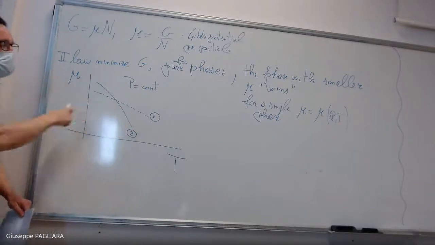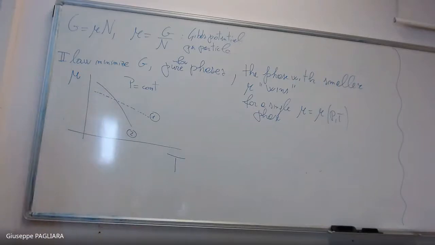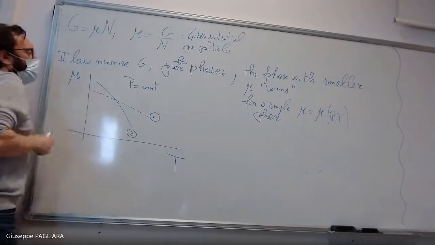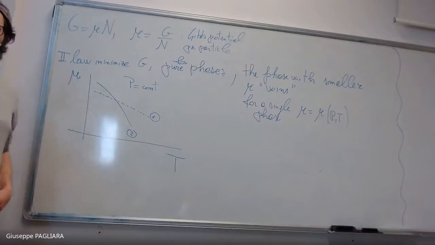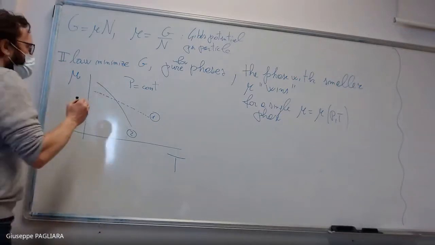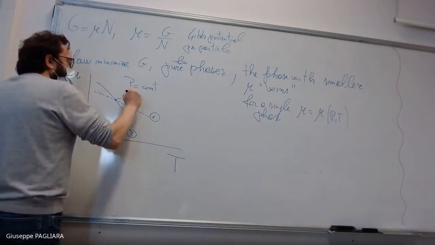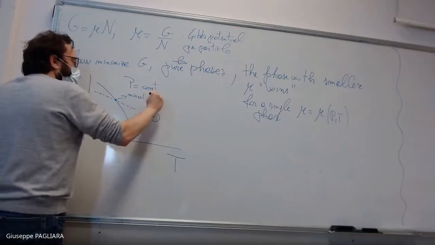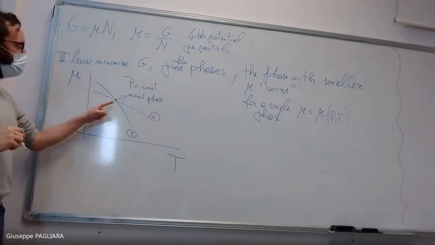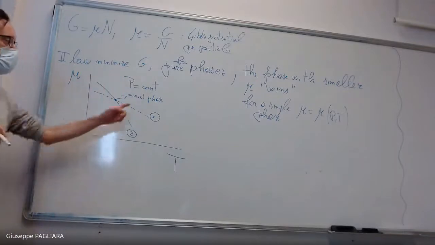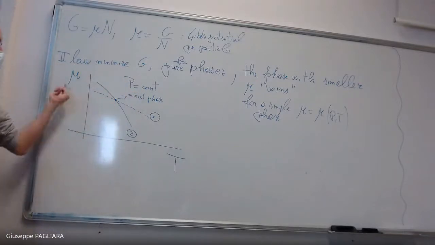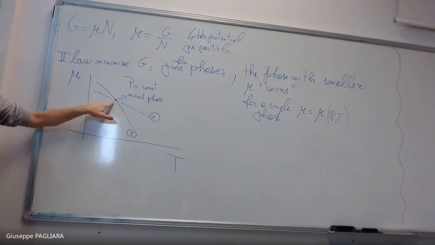Now, in general, those two phases are different, of course, and therefore the behavior of the chemical potential as a function of pressure and temperature will be different. That's why here I'm drawing different lines, because they are different phases. But for this point here, which corresponds exactly to the mixed phase, you have the same pressure, which is fixed, the same temperature and the same chemical potential. So in this diagram, it's very easy to find the phase transition because it's just the intersection of the chemical